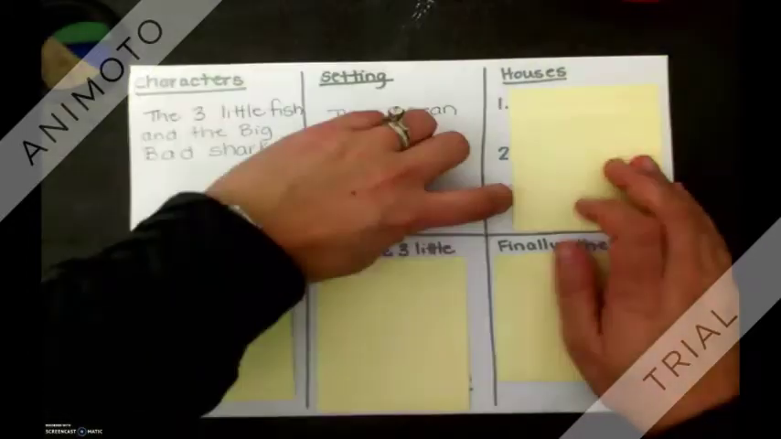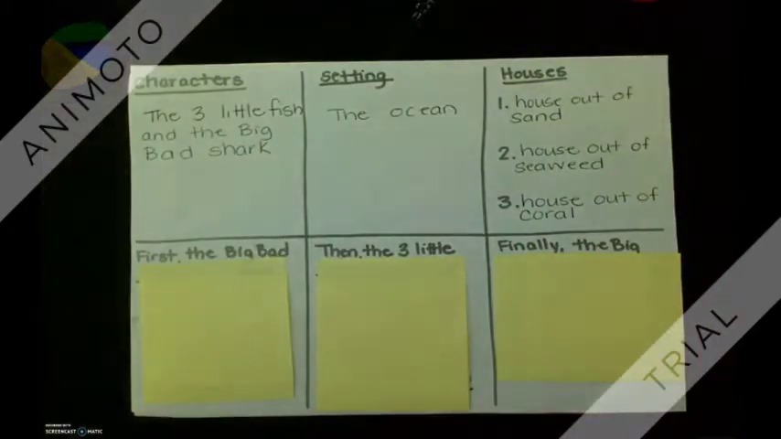So I decided that the first thing was going to be a house made out of sand. Because sand you can build with, but it washes away, it gets moved around, it's probably not super strong. And then I decided seaweed might be another better option, but still not super strong, because you could twist it together, you could weave it together, and it might be a little bit stronger, but still probably not strong enough to keep a big bad shark out. And then finally, I decided something super strong that's in the ocean would be coral. Coral is kind of like a plant, but it's hard and would protect the Three Little Fish, or at least